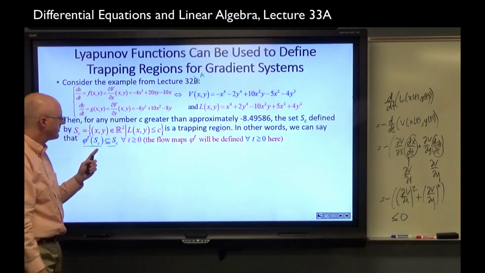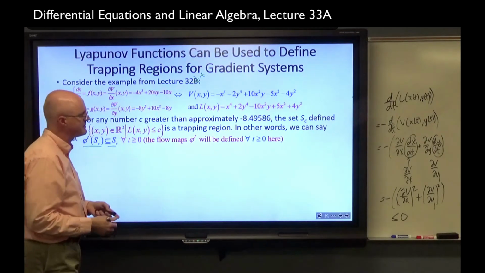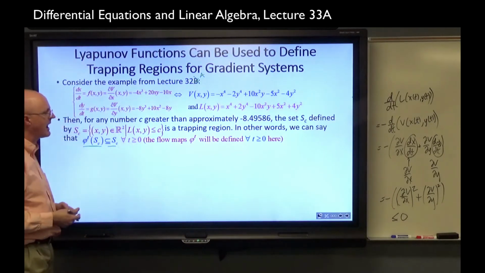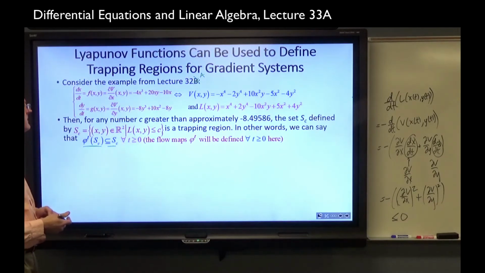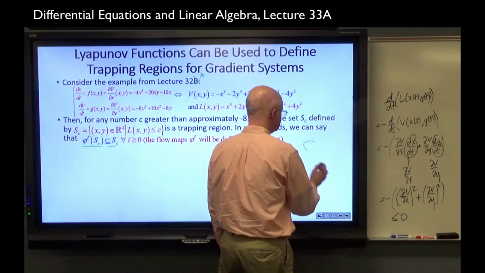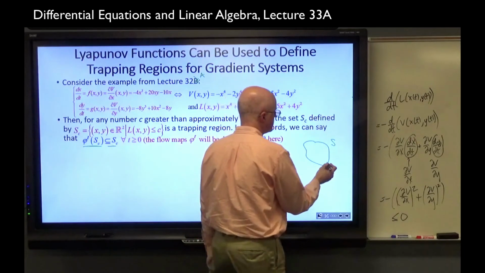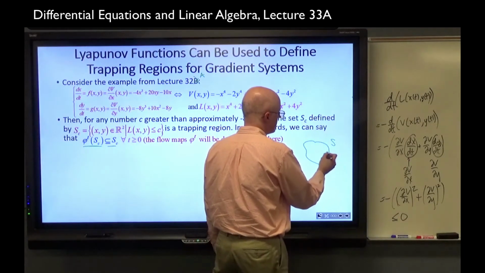But this is going to be good enough for us. This is true for all non-negative t, assuming the flow maps are defined. And if it truly is a trapping region, it will be defined for all t, but I'm just sort of covering my bases there. So, visually, if this is S, what often happens with trapping regions, but not always, is